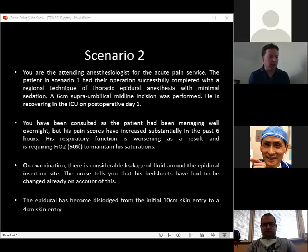So this follows on from scenario 1. You are the attending anesthesiologist for the acute pain service, and the patient in scenario 1 had their operation performed with a thoracic epidural anesthesia and minimal sedation. There's a 6 centimeter supraumbilical midline incision, and he's recovering in the ICU for monitoring purposes. You've been consulted, as he had been doing very well overnight, but in the last 6 hours his pain scores have gone up quite a bit, and because of the pain his respiratory function is worsening, and he's requiring higher oxygen